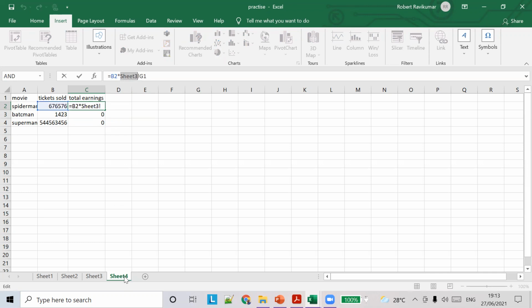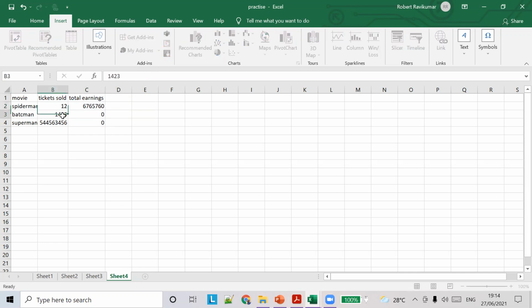We are in sheet 4 and we are referring to a value in sheet 3. So I gave the sheet name, followed by the exclamation mark, and then the cell reference. Now we got the total earnings for this cell.